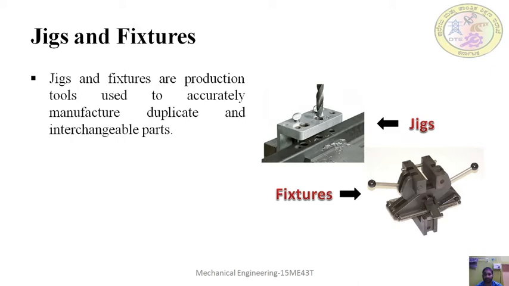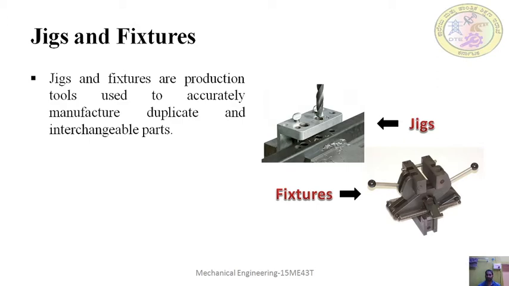So you have to remember that jigs and fixtures are used for particular operations only. You cannot use one jig for another operation. Jigs and fixtures are used for a particular workpiece and a particular operation. So you cannot use the jigs and fixtures of one component for other components. Once the jigs and fixtures are designed for that component, we have to use them for that component only.